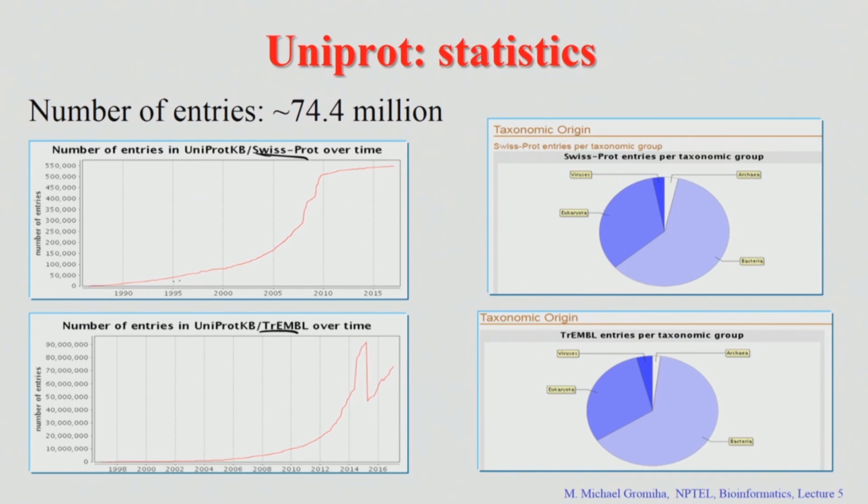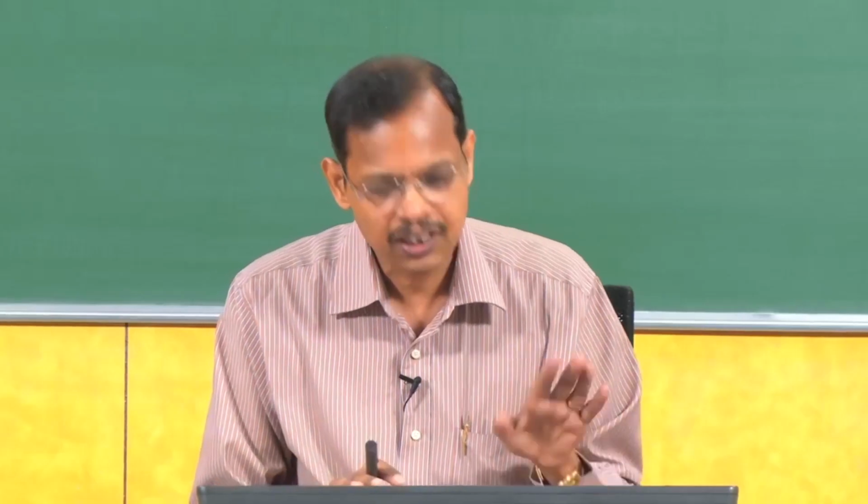So, you can see a gradual increase of the sequences. They started working on these sequences, and several efforts have been put in to curate the data. So, you can see a gradual increase in data. Likewise, in TrEMBL also you can see a gradual increase in data, right. Maybe they might have deleted some of these entries, which is the reason there is a slowdown, and then again it is growing up. So, they are continuously maintaining the data and then gradually increasing the